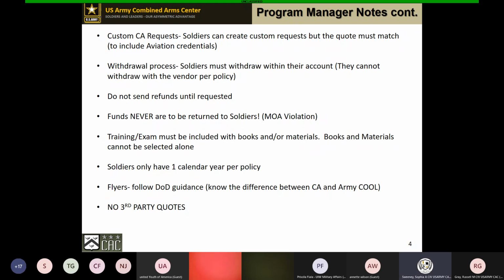We also have training and exams in the system that vendors have added into their applications. Just want to make sure you all know and understand that we cannot just add books or materials alone because there's no way to capture their completion, right?